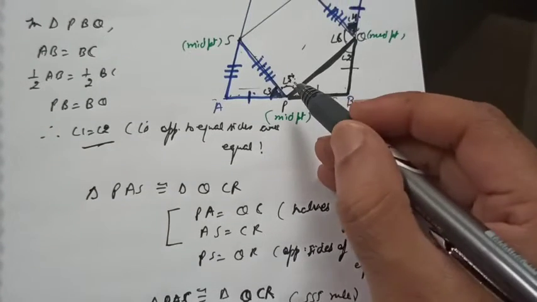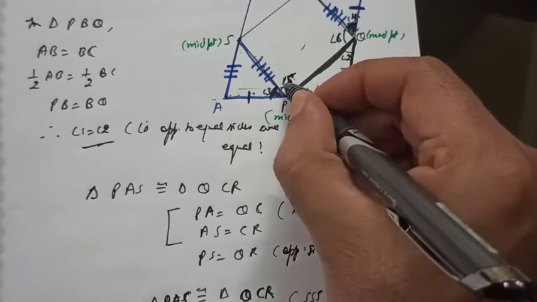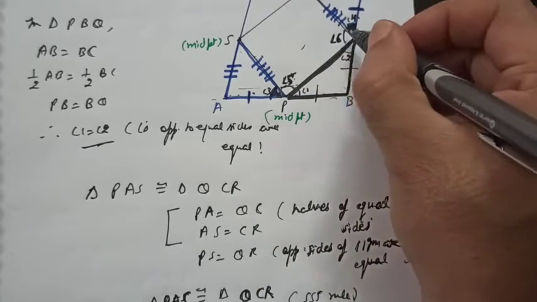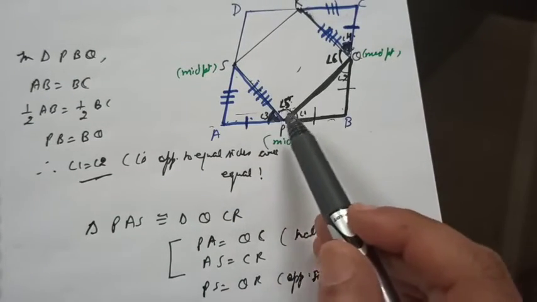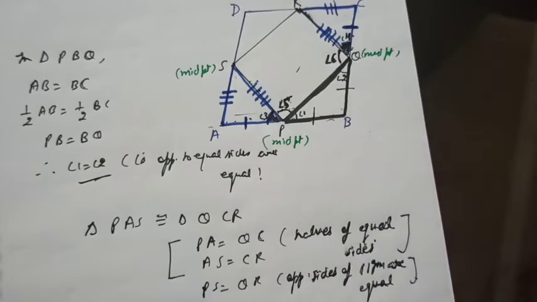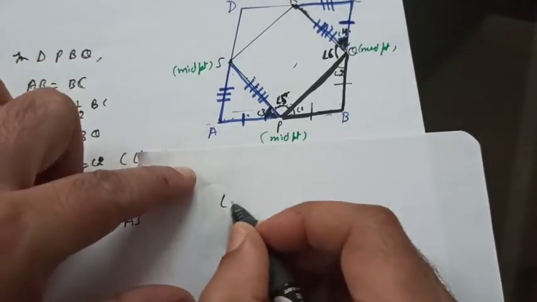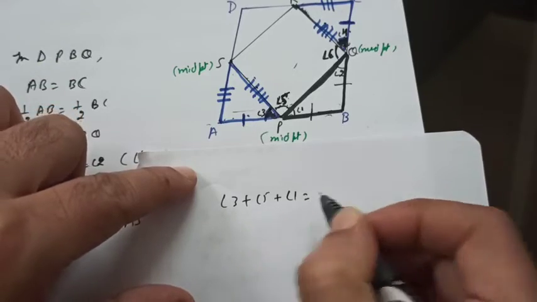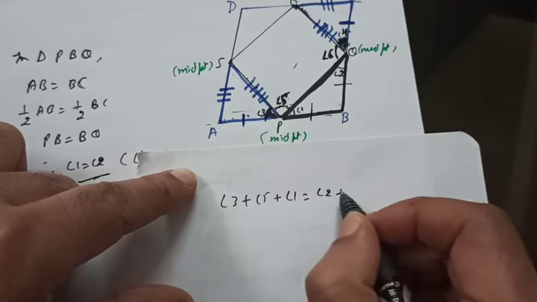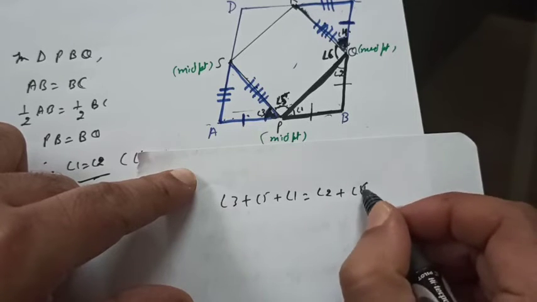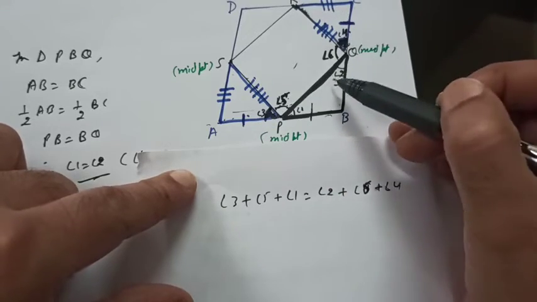Right? Now if I take this as angle 5, and this angle I have taken as angle 6. Now can you see, by linear pair, these will total 180 degrees, right? So can I say that angle 3 plus 5 plus 1 is 180, and 2 plus 6 plus 4 is also 180 degrees. Sum of angles on a straight line.